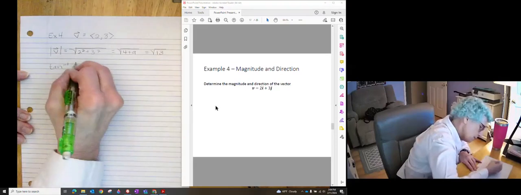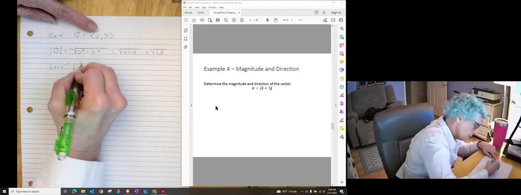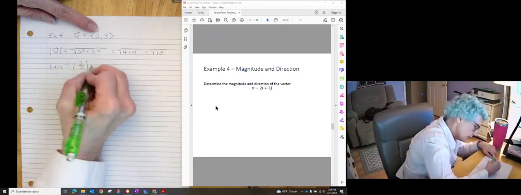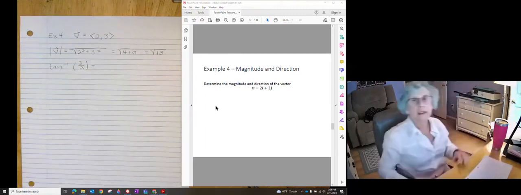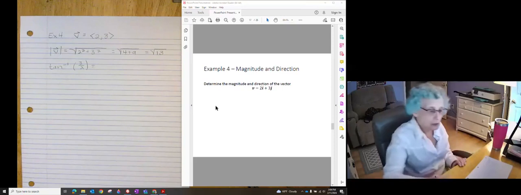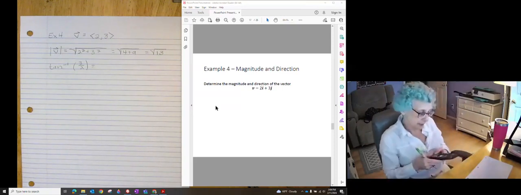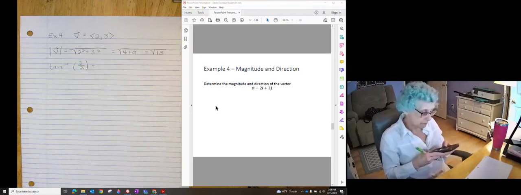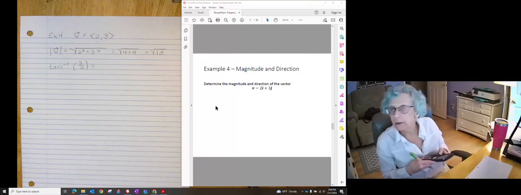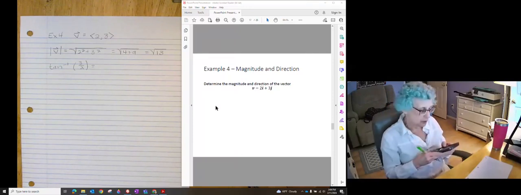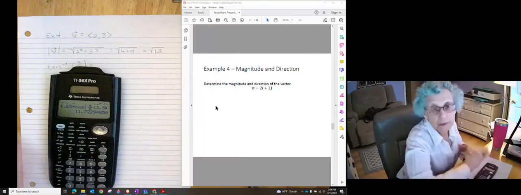Inverse tan of 3 over 2. Not a special angle. And let's see, I have my radians here. I'm going to switch it to degrees, so just in case you haven't